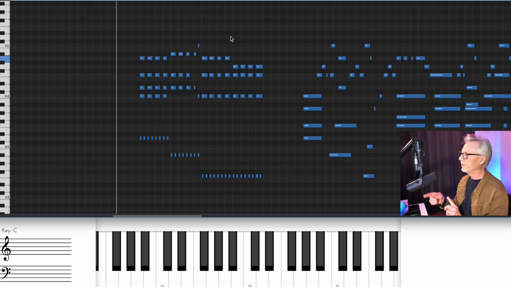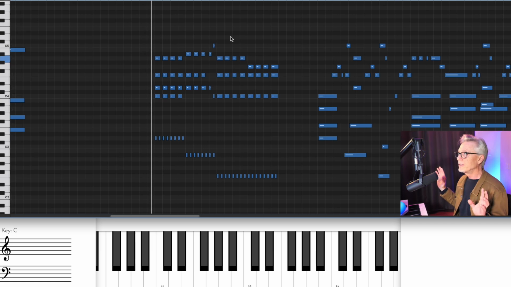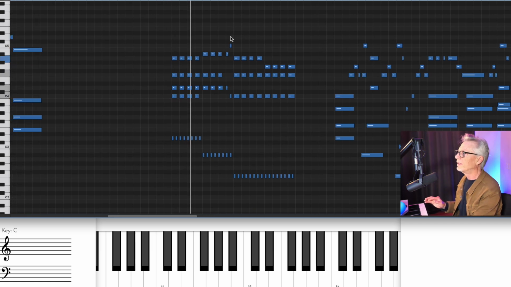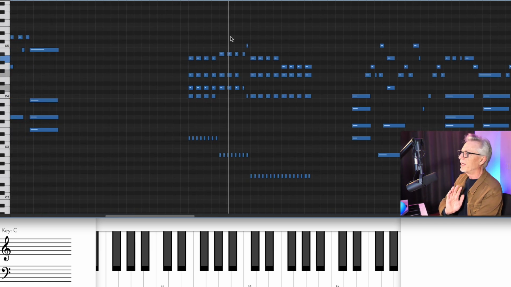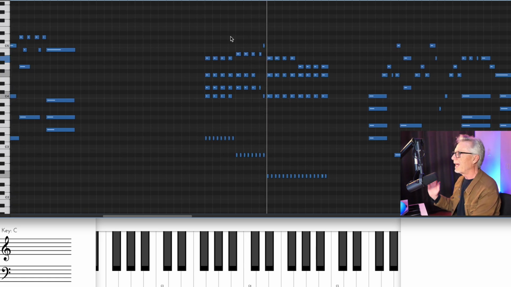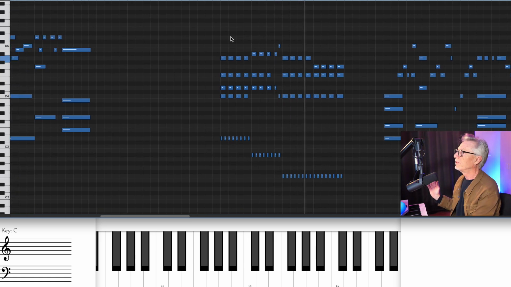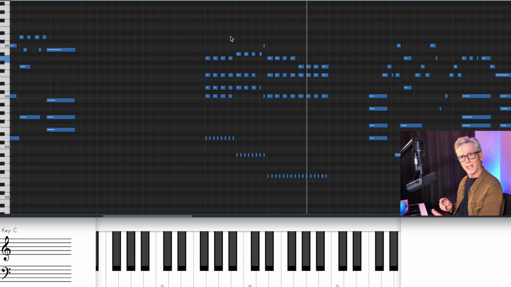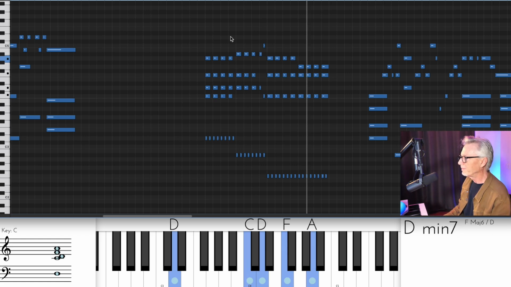Chord progression flows D minor, B flat, down to F. D minor 7, B flat to F, to F2. I like that F2 a lot. This D minor 7 to B flat